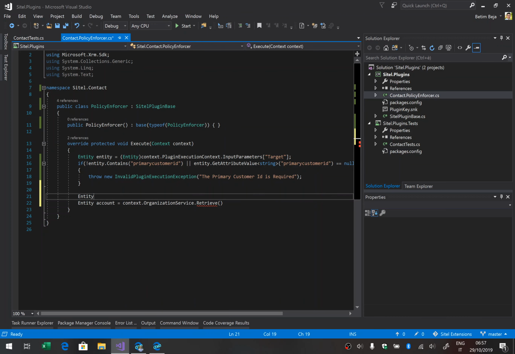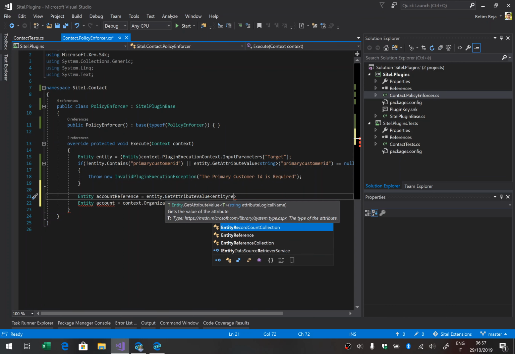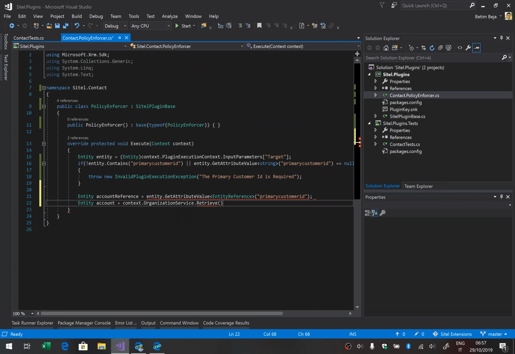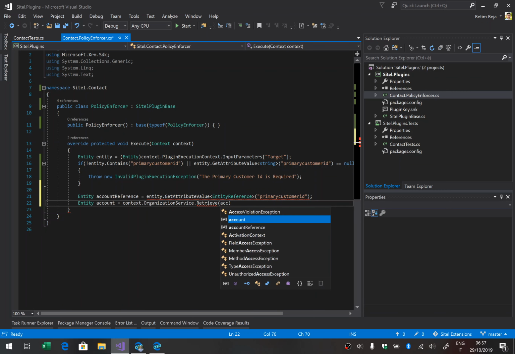First we get the reference, the account reference from the context. So it's entity.get value. Okay, and we build account